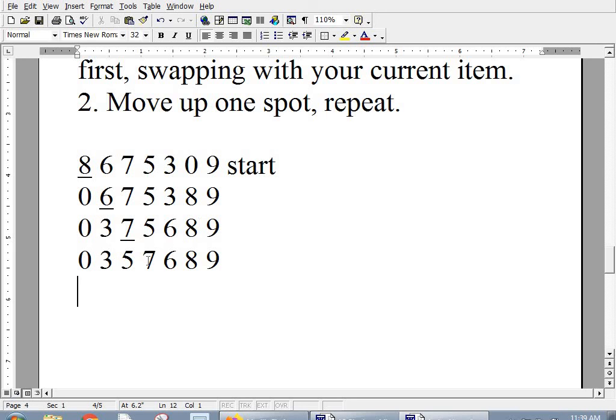And now our current index is that 7. We look for the smallest thing to the right, and it's the 6. 0, 3, 5, 6, 7, 8, 9. And I think we're done, right? Yeah, so again, it took 4 passes with this data set, but